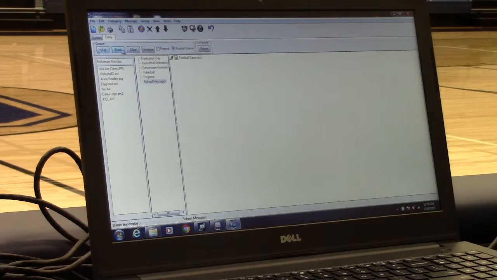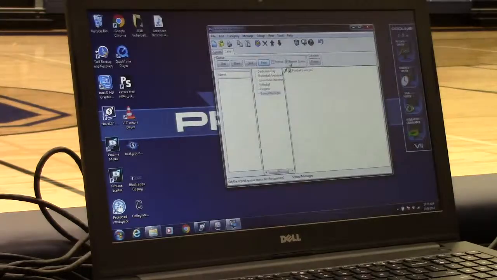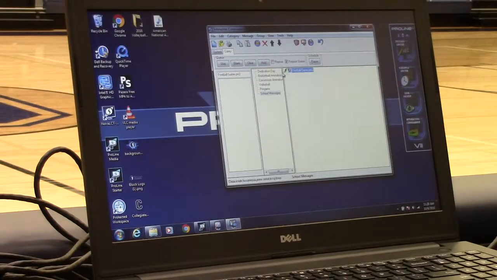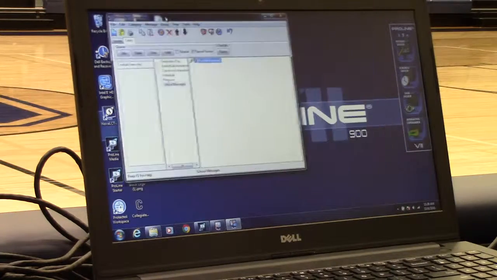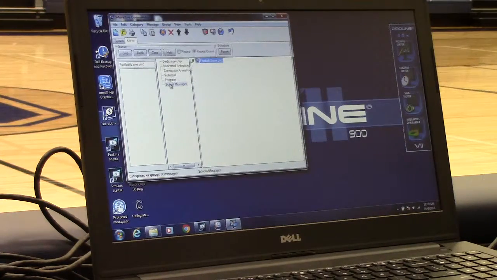So if I blank the screen, and double click it, it should go up. That's the one we just made. All of these categories you can define. You might want to have a pregame, football, basketball, whatever. And in each category is the content. And the way to add the content